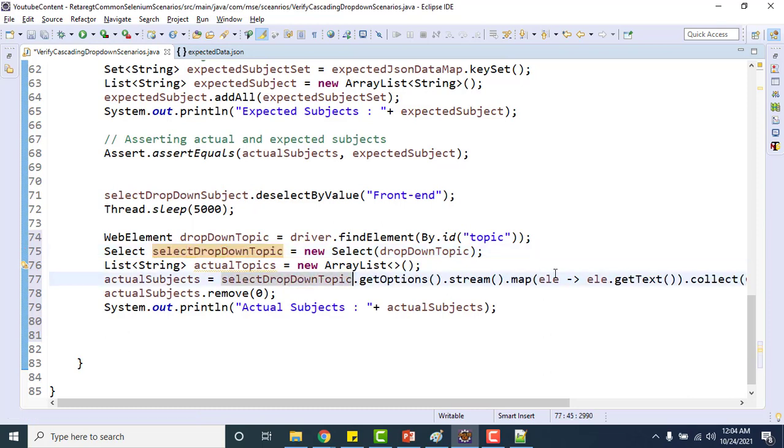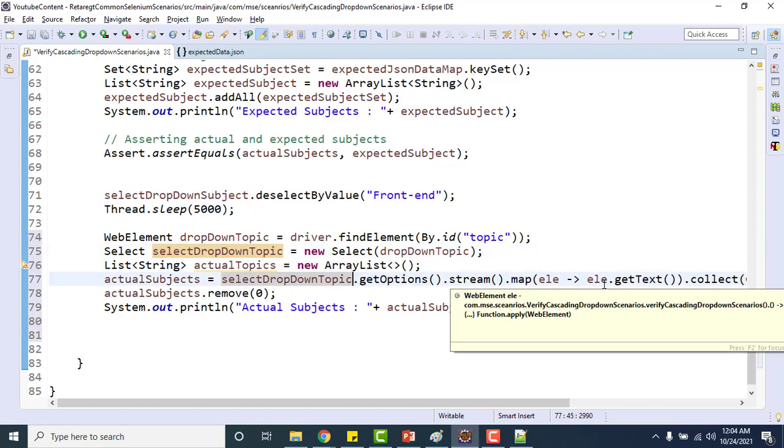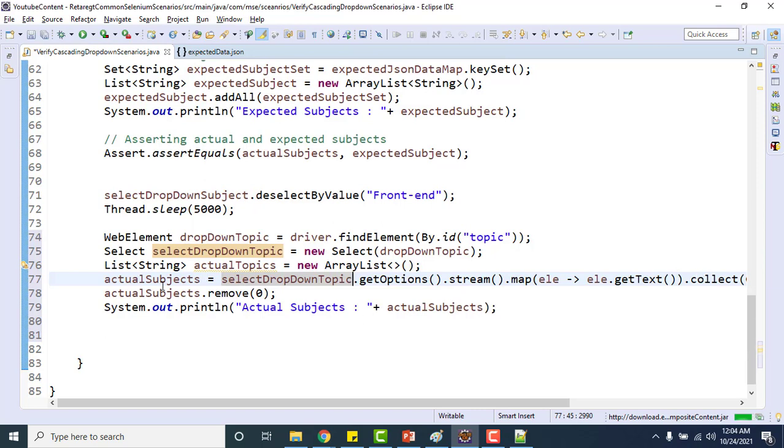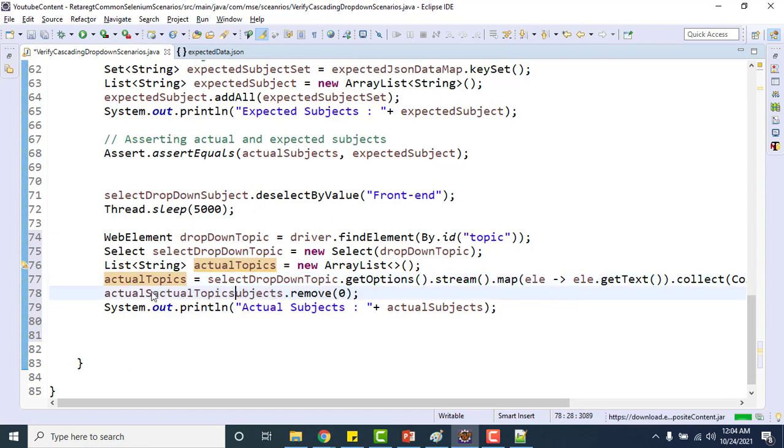All the other code will be the same. It will go and give me the values as a list. I am removing the first default option and let me print actual topics. So we have simply retrieved all the values from the topics drop down.